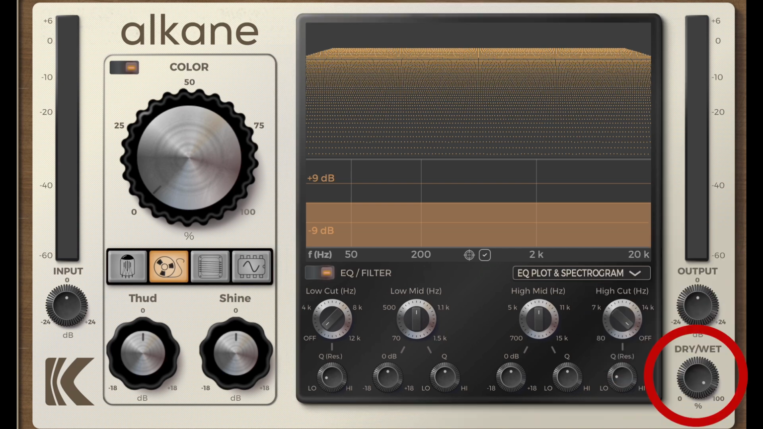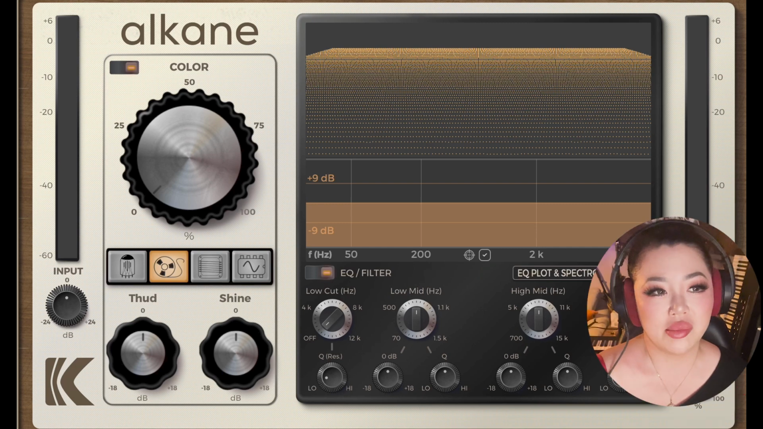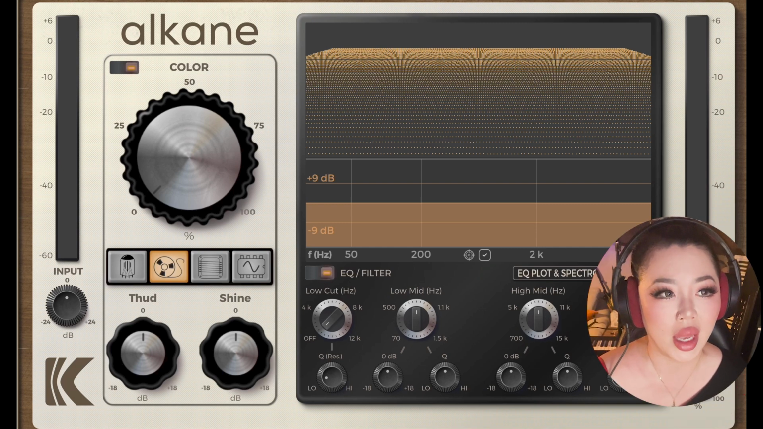And over here we have a dry and our wet knob. So that's awesome because now you don't have to send to an aux. You can do your parallel processing right within the plugin itself. So very convenient. And it's also really worth mentioning that within Alkane, we have built right into the plugin a